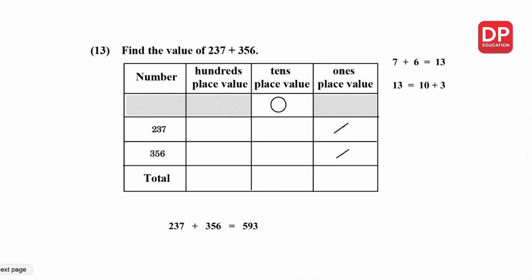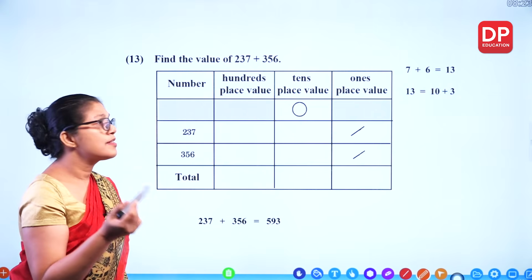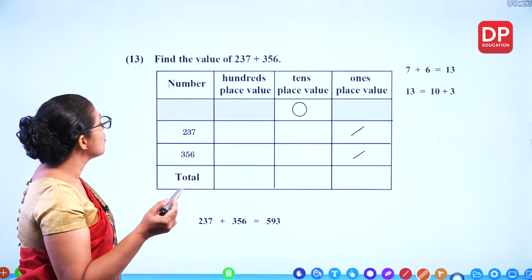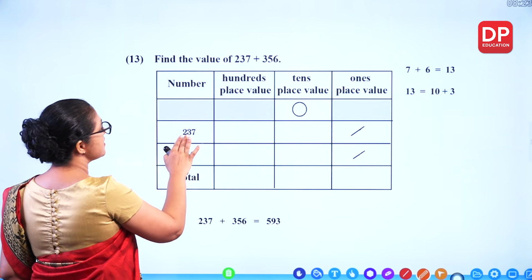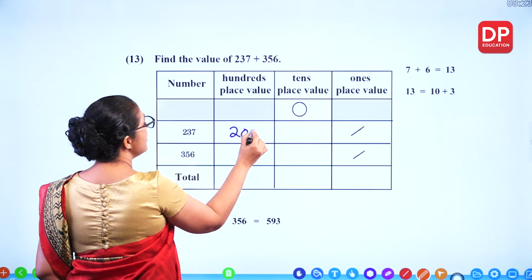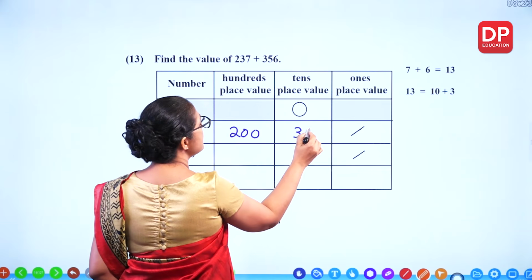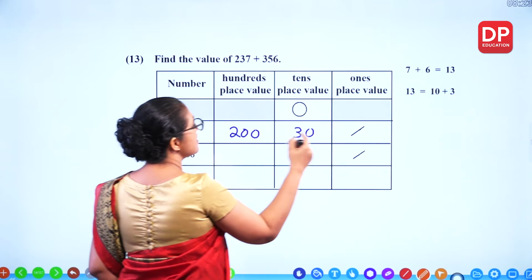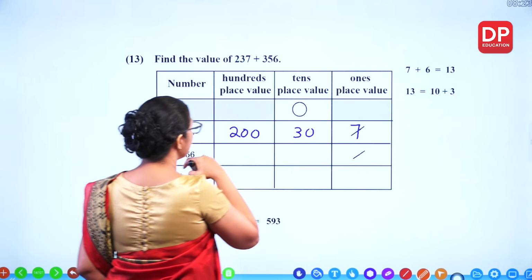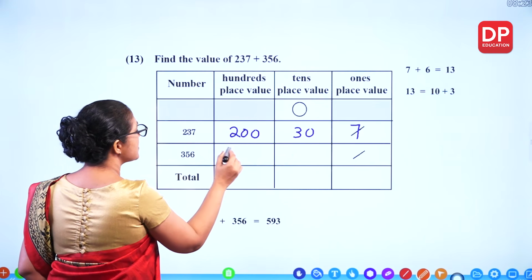Find the value of 237 plus 356. Now you get hundreds place as well. So how can you write 237? 200, 30 in tens and 7 here. 356,